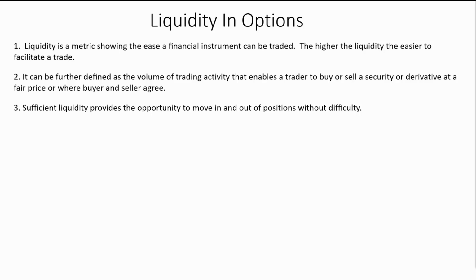The more liquid the product is, the easier you can get in and get out. Like the illustration I just gave, if you've got a very tight option market with a very tight bid-ask spread, where there's a penny or two difference, and you make a mistake, you can get in and get out with very little harm. You might lose a buck or two on the option. So that's the real key ingredient in liquidity: it allows you to move in and out of options without suffering a whole lot on the bid-ask spread.